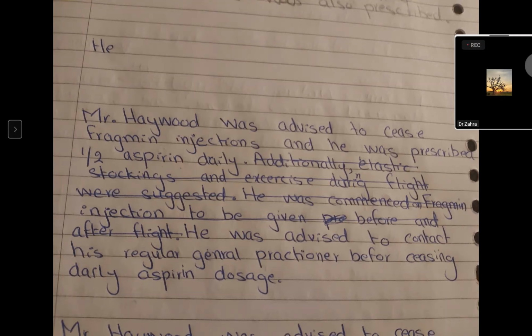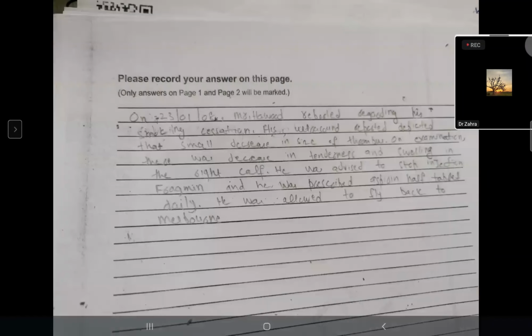Did the GP know he had DVT? Did the GP know that he is coming in a flight and he has to exercise? Did he know that he needs elastic stockings? No. They need to know how DVT was prevented further on. Because what started as DVT? He's flying back. He's flying in a plane. He's again taking the same flight. What did you do to stop that? You gave him stockings. Clear? Yes, ma'am.